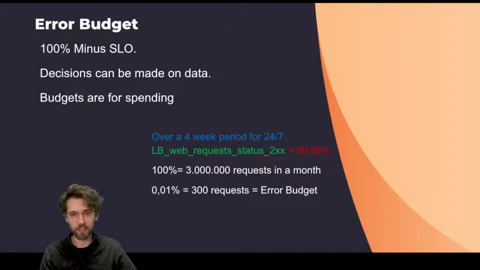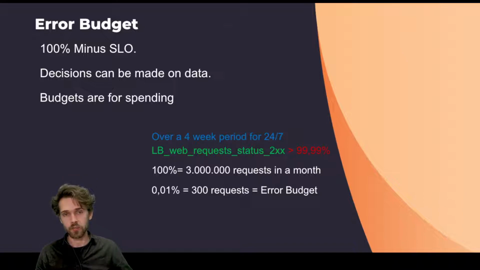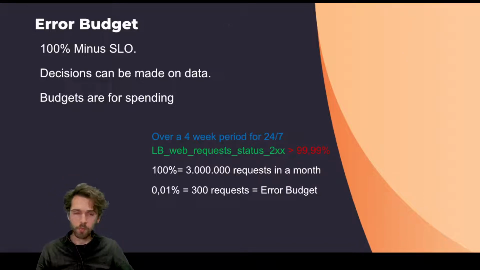And why that is, is to not put wrong assumptions to the client. And when we hit this error budget, when we've hit the SLO, we should still not be hitting the SLA, as we've seen in the SLA example. What this allows us to do is, if the error budget is not yet spent in a certain amount of time, we can, for example, put some more risky releases out. Or if we are spending the budget time and time again, it might mean that we have to look into solving some technical debt.